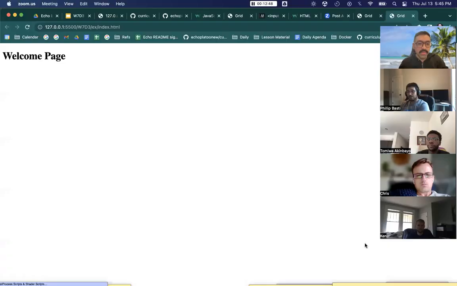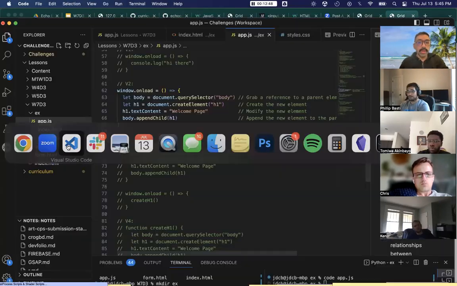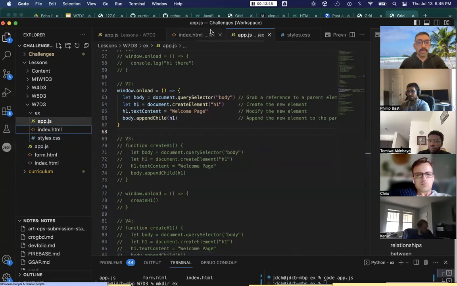All right, this might work. This might work a lot better. So this is what is currently rendering in the browser. And if we switch back to our VS Code,